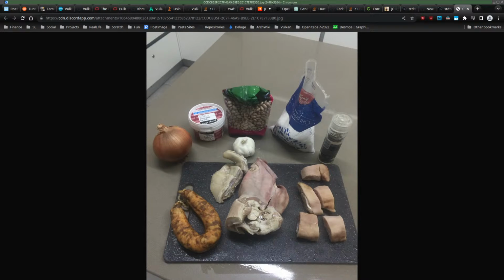Pork's tail, ear, and trotters. That's probably why they don't sell it here.